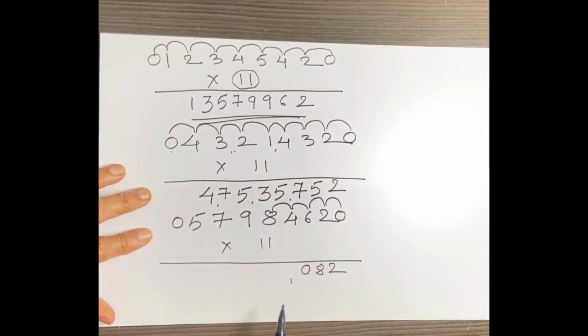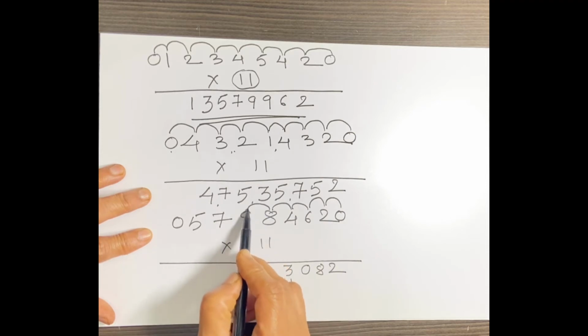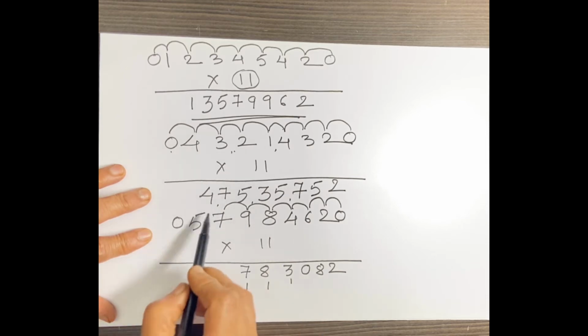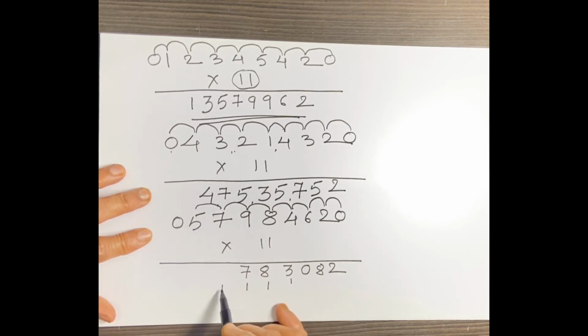8 plus 4 is 12. 12 plus we will have to add here the carryover, 8 plus 4 is 12, plus 1 is 13. 8 plus 9 is 17, plus this carryover, 18. Again we will take the units place and 1 will be carryover. 9 plus 7 is 16, plus 1 is 17, 7 plus 5 is 12, plus 1 is 13, so 1 carryover, and last step, 5 plus 0 is 5, plus 1 is 6. Yes, our answer is ready in few seconds.